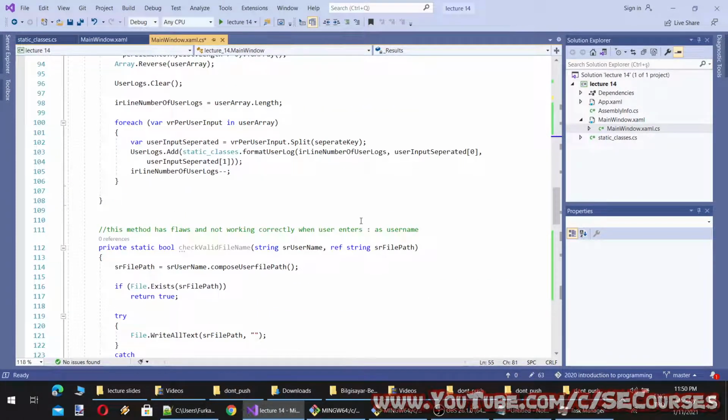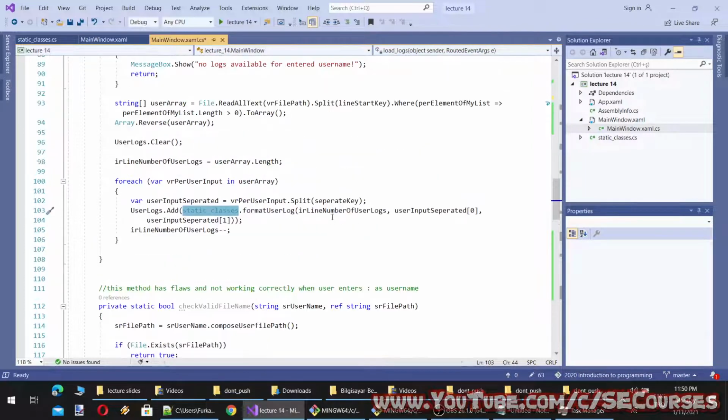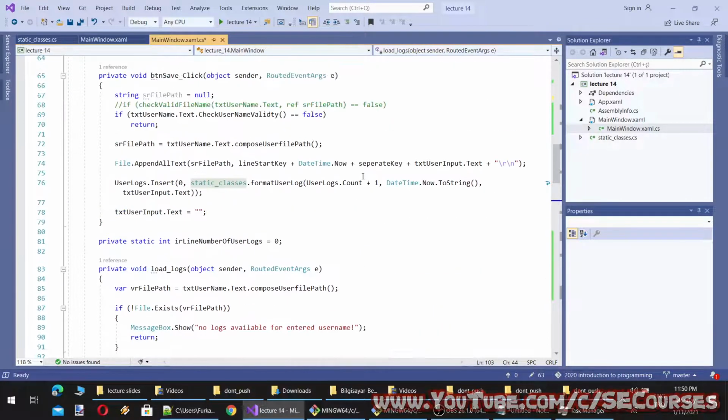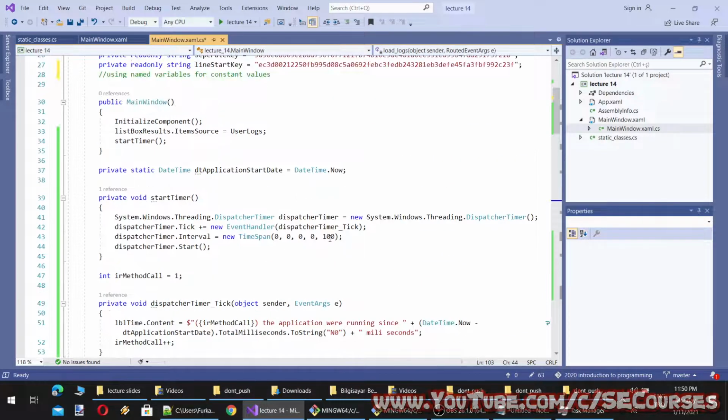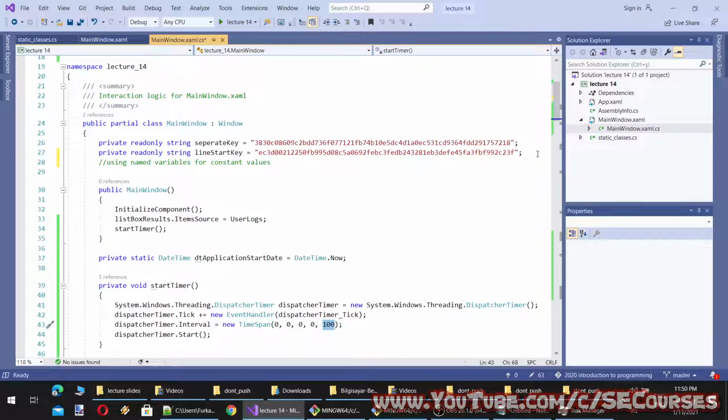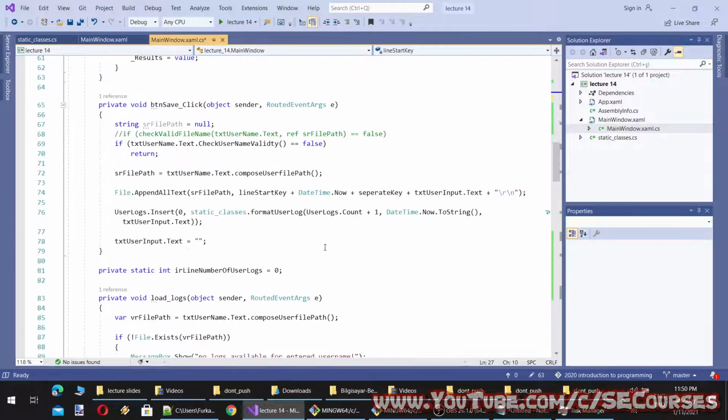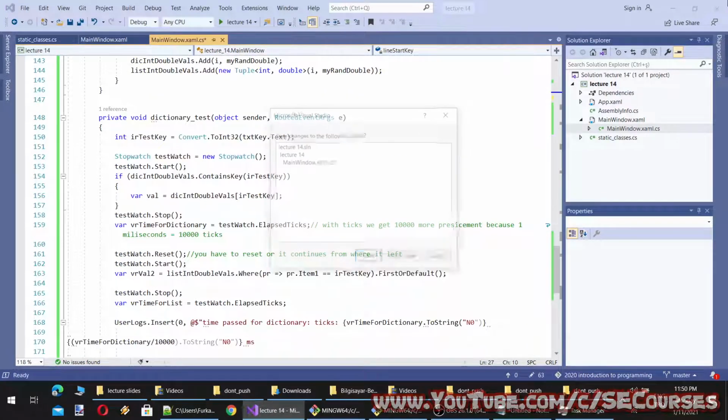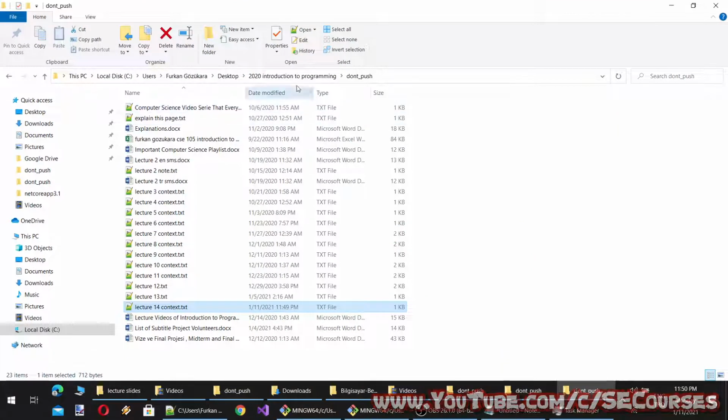This is a method call from static classes, and even these numbers should not be directly written. It can be defined here. I think this is enough, and let's save it,